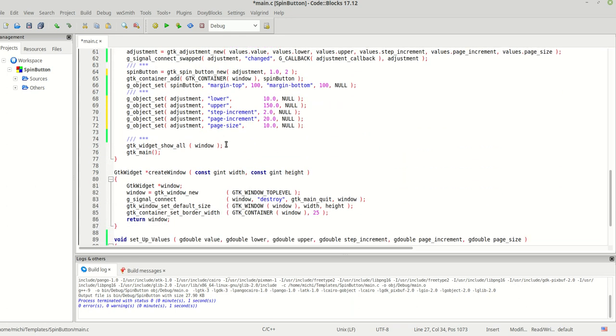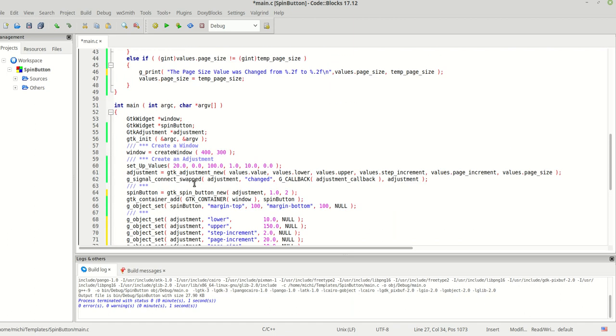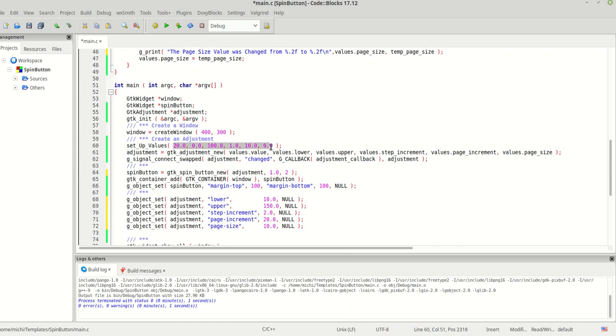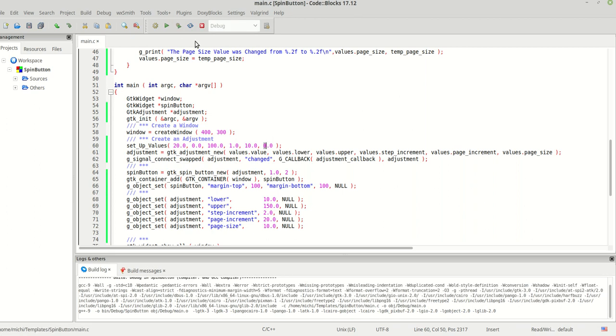So let's see. That being said, we were creating an adjustment with a value of 20, we change it to 10, and then the lower was 0, we change the lower to 10. The upper was 100, we change it to 150. The step was 1, we changed it to 2. The page increment was set to 10, we change it to 20, and of course the page size was 0 and we change it to 10. Let's see what happens. I will compile the program and run it,